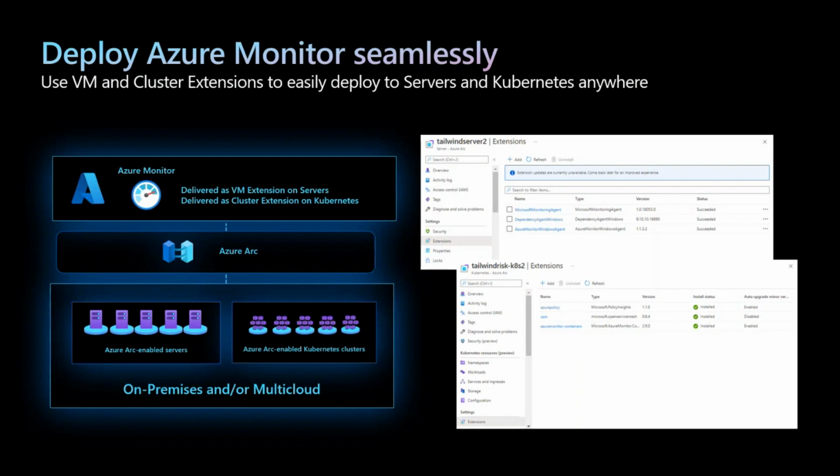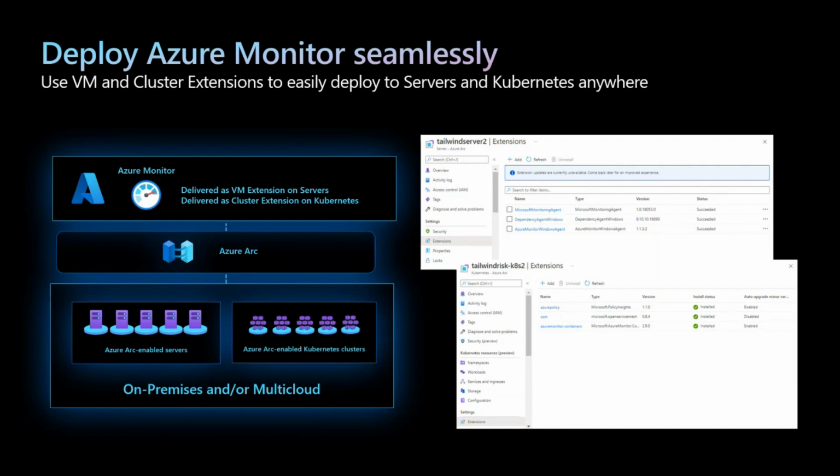Yeah, so along with the security components, you can have Azure Monitor as well. I know I've already mentioned that, but you can cover your non-Azure servers and Kubernetes clusters under your Azure monitoring services as well. So you can deploy some extensions.